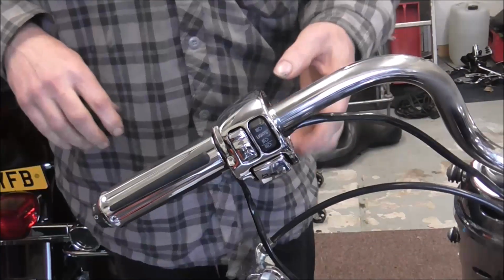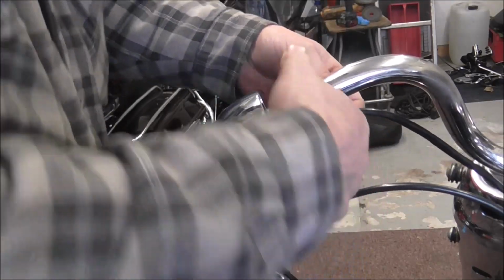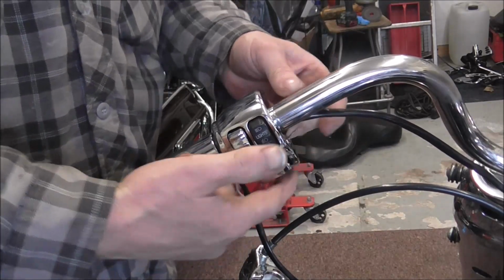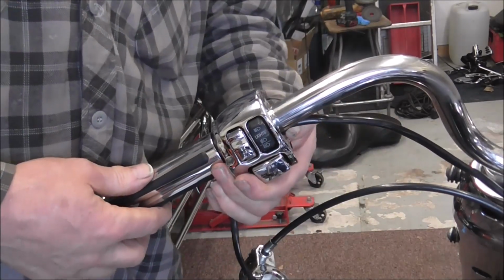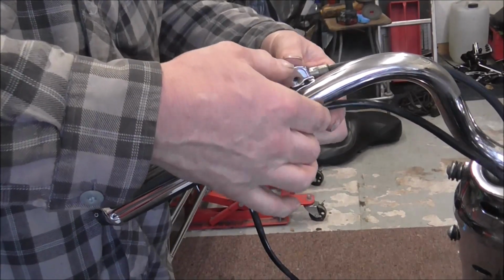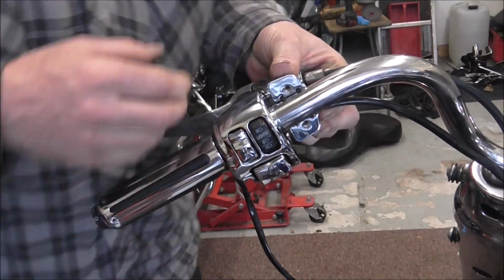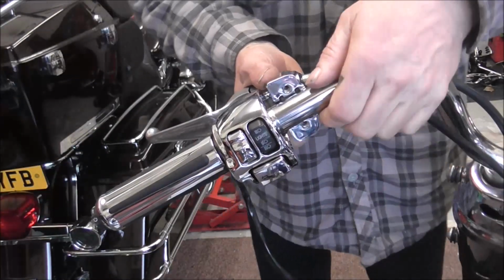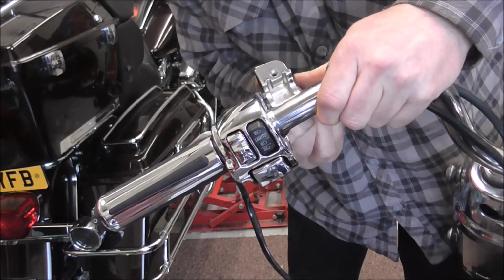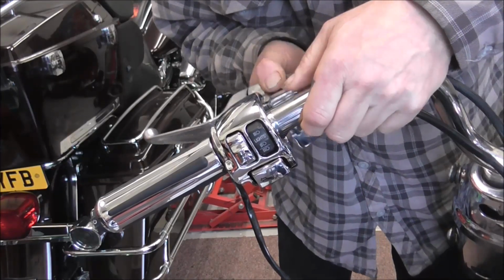Right, the wiring needs to come up the slot in the bottom housing. It needs to push in and up, and then when the thing comes on, it clears, like there. It's actually clearing, but it's not in the handlebar part properly. So right,